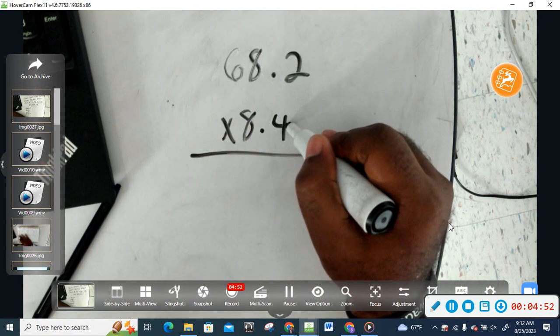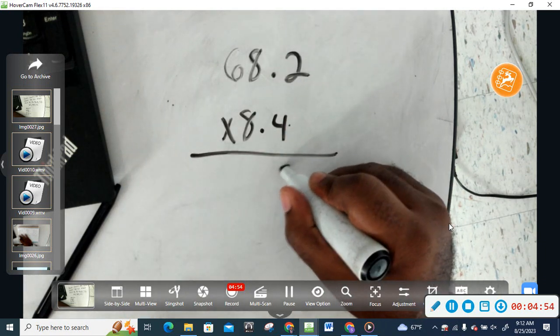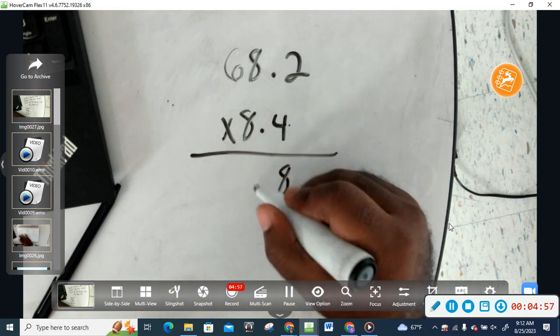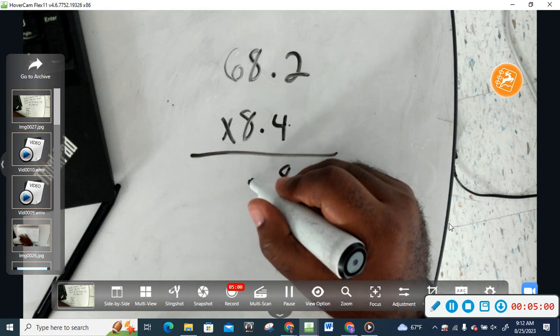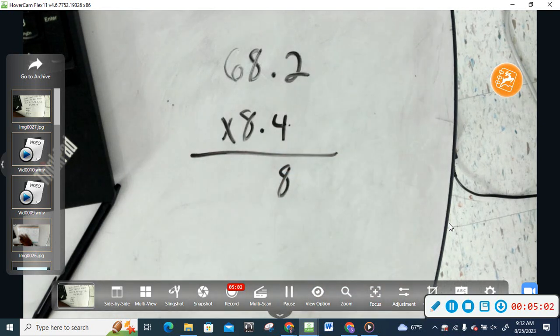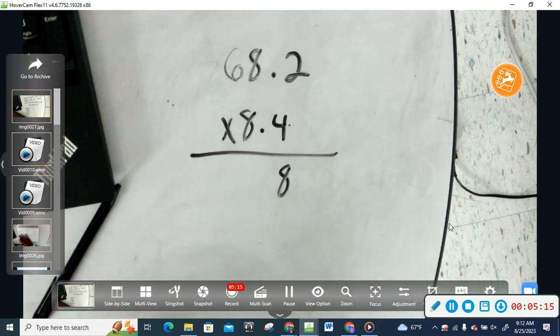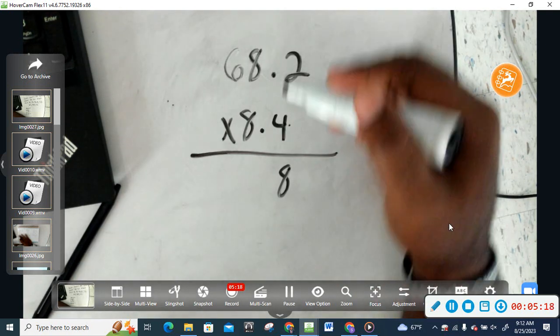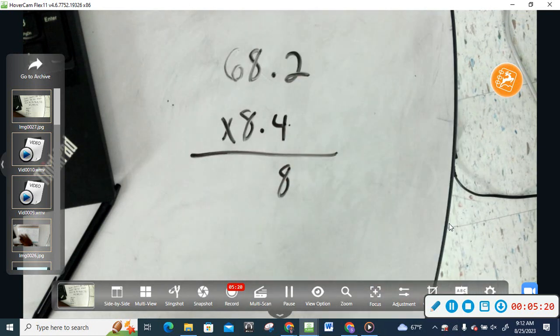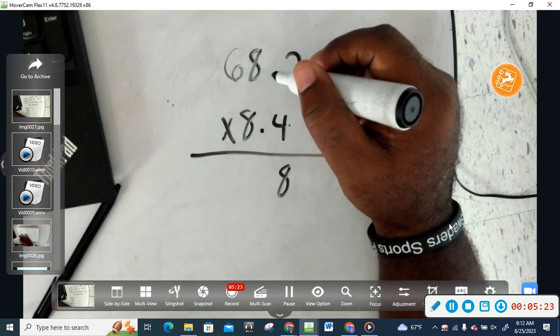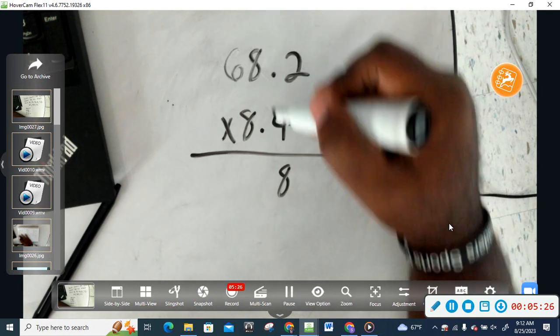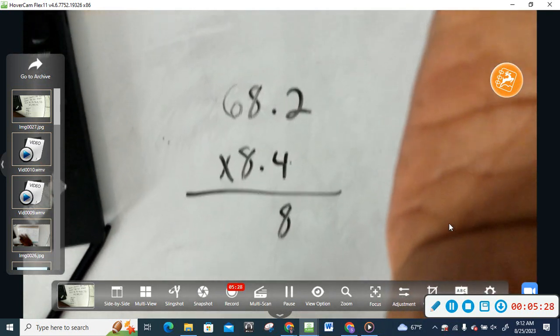4 times 2, which is 8. Good. 4 times 8, which is 32. But keep in mind, let me show you a quick trick. I'm multiplying 4 times 8, right? If I need to do this quick math in my head with no calculator, that's what I do when I get stuck. You can do it like that, or